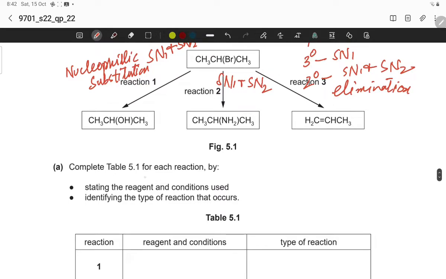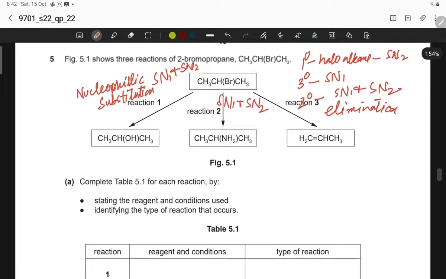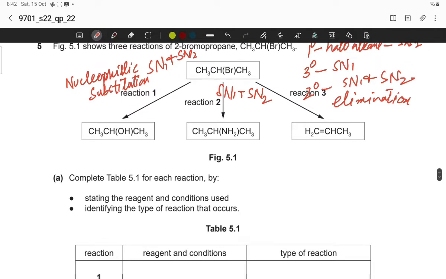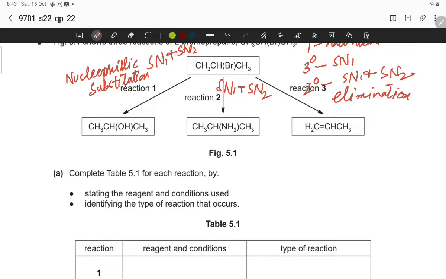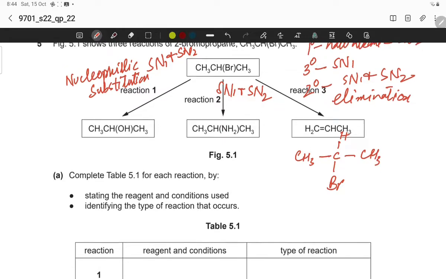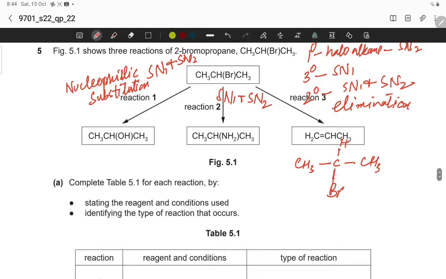Complete table 5.1 for each reaction by stating the reagent and conditions used. Identify the type of reaction that occurs. Reagent and condition. So in the first reaction, CH3CHBrCH3, this is homolytic fission,